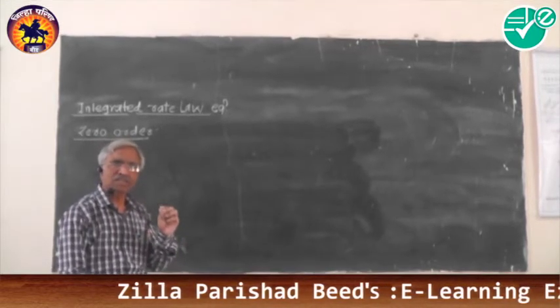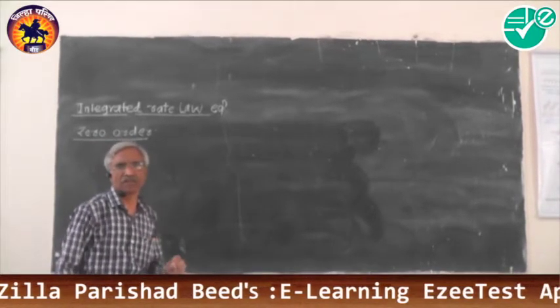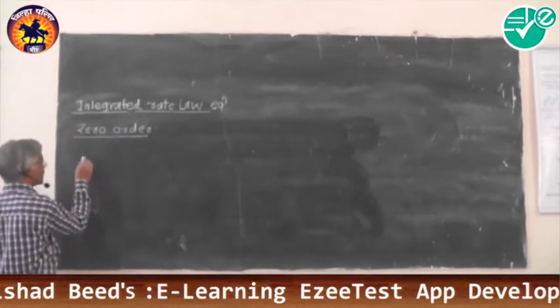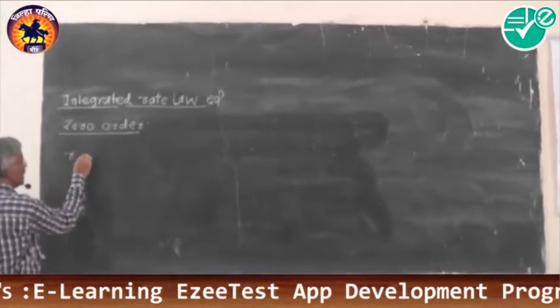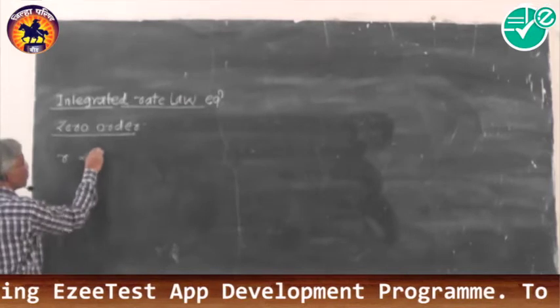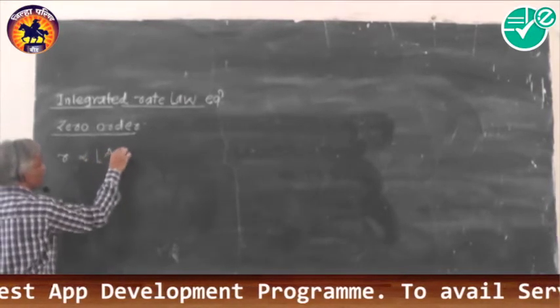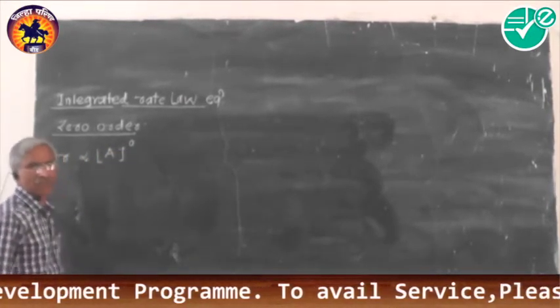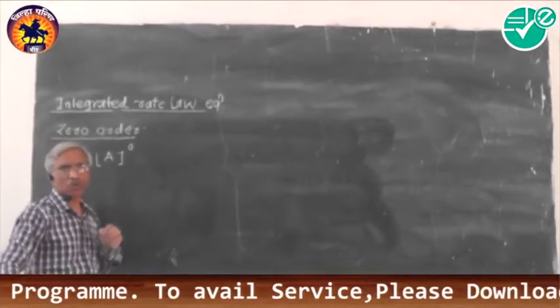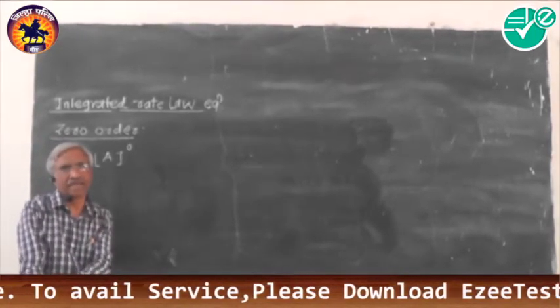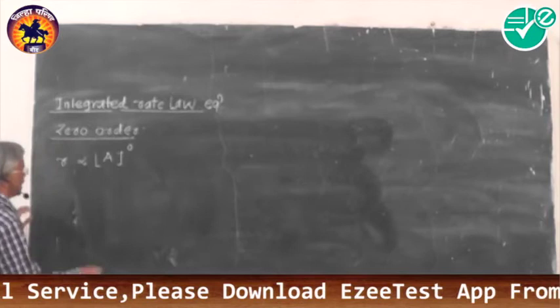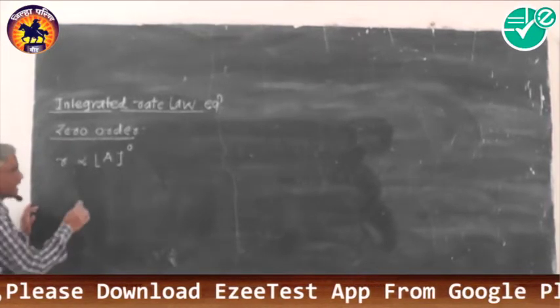Now what is the definition of zero order reaction? The reaction whose rate is always proportional to the zeroth power of the concentration of reactant is called a zero order reaction. The second definition is if the rate of reaction